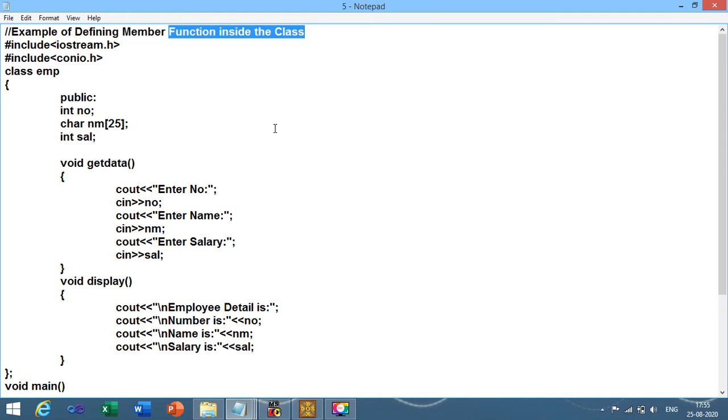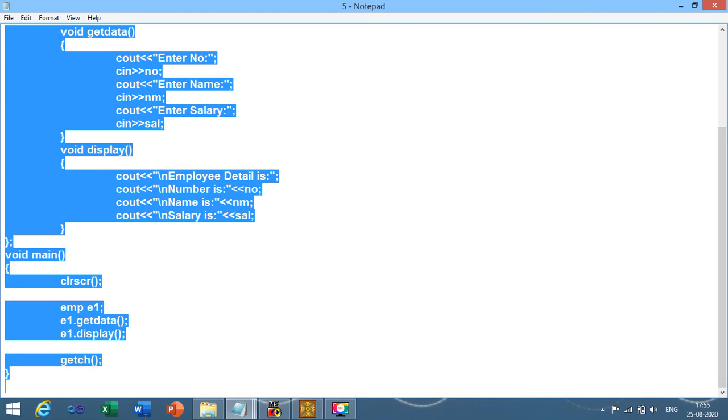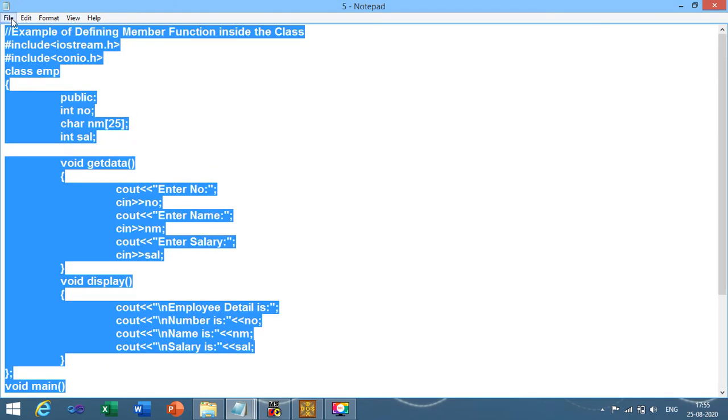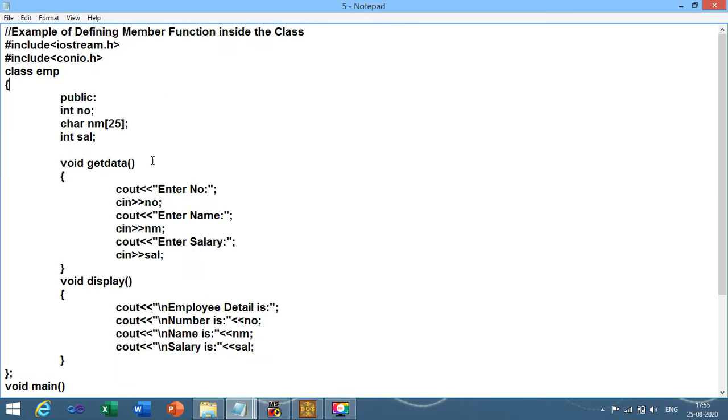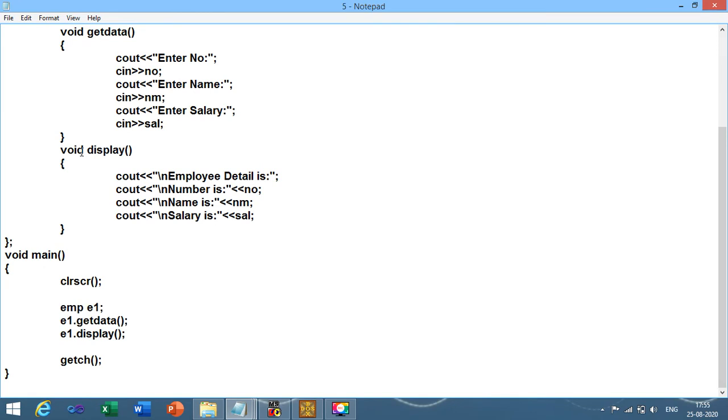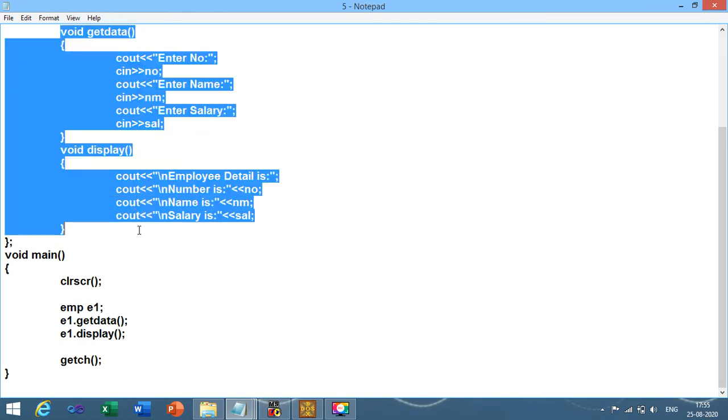Now what you need to do is either copy and paste this program, or save as this program as program number 10, because 9 programs we have already completed. So unit number 2, program number 10. After save as you need to cut the given functions.